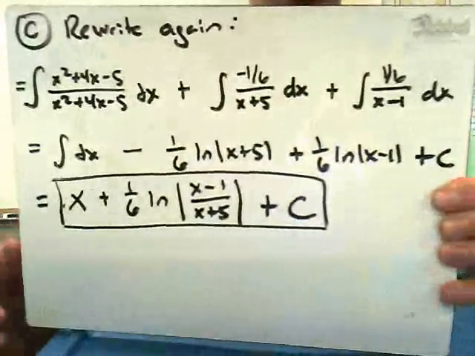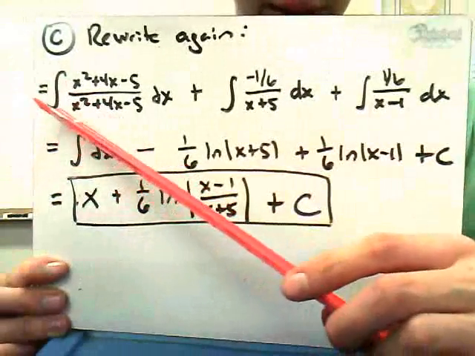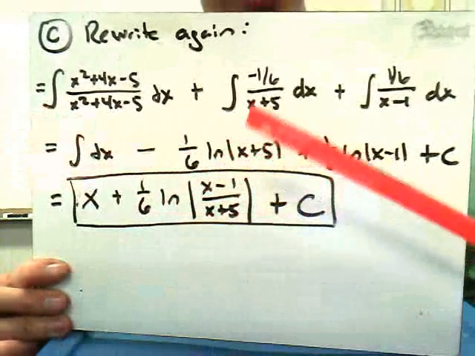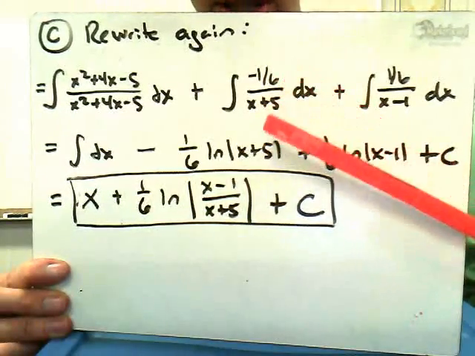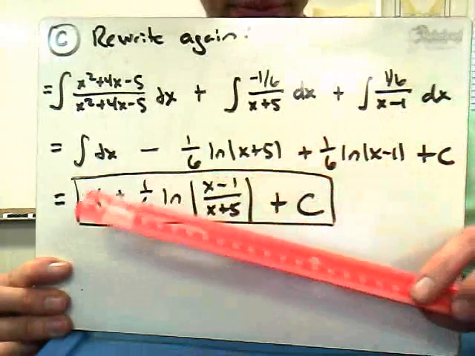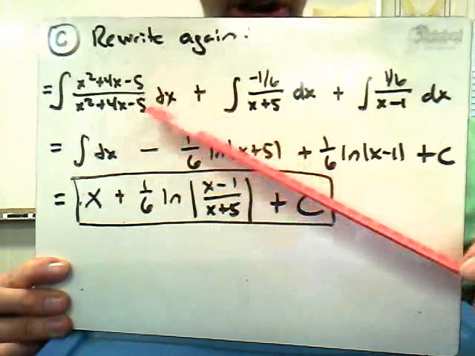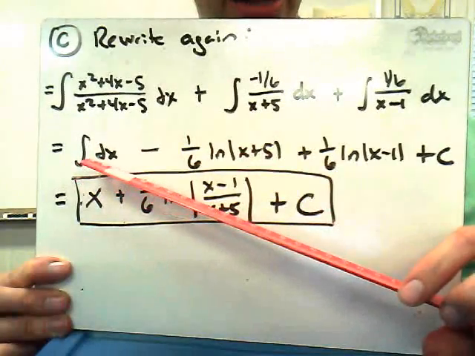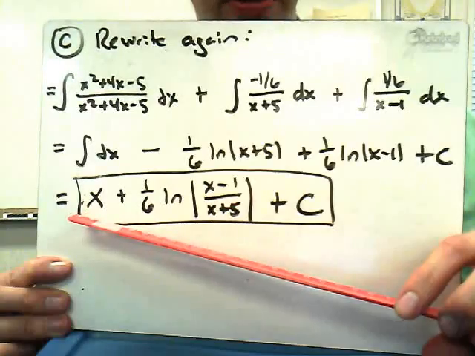So rewriting all of this again, we have that very first integral, which was the integral of x squared plus 4x minus 5 over x squared plus 4x minus 5 dx. We have the integrals that we just found by partial fractions, the negative 1/6 over x plus 5 dx and the 1/6 over x minus 1 dx. The really cool thing about writing the numerator over the denominator in the first integral is that it just reduces down to 1. So we just need to integrate dx, which has its antiderivative